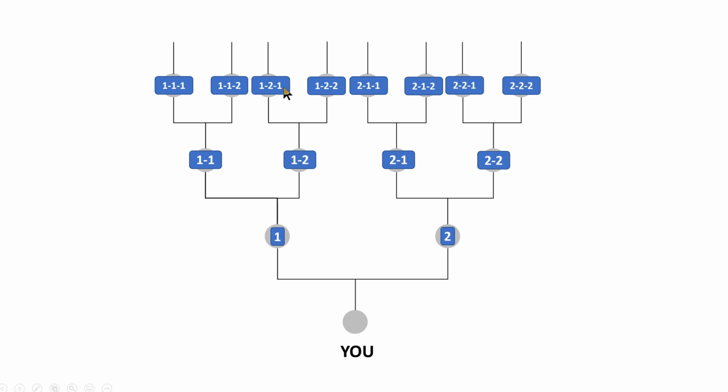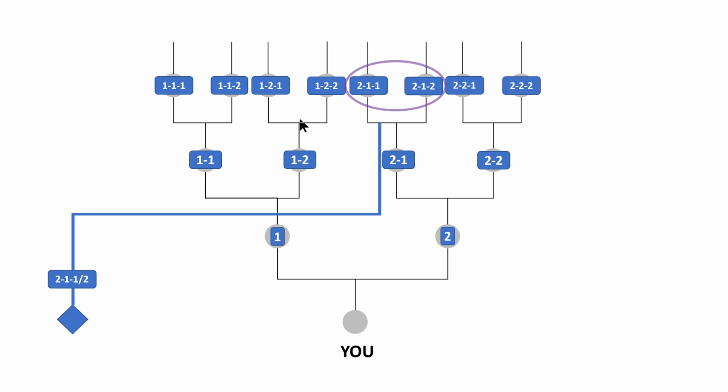So each labeling keeps track of the number of generations back from you, as well as the number of male and female ancestors on that line. Now, when you add a match, let's say that match connects up to the parents of my maternal grandfather, so they descend from another sibling of my maternal grandfather, then 2,1,1 and 2,1,2 are the common ancestors. So over here, I label this match as 211/2. Now, it seems complicated, but I'll show you in a minute why that's actually a very powerful way of looking at the information in a cluster